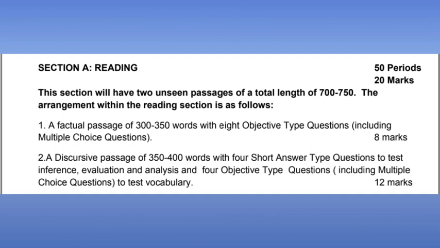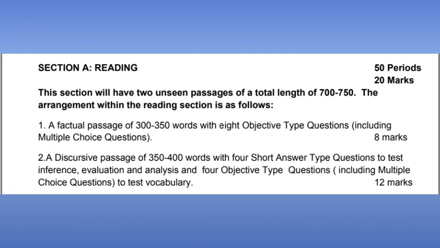In fact, for 8 marks you would be given 8 short questions, which will include MCQs as well, multiple choice questions. Then we will have comprehension number 2, that will be of 12 marks. In 12 marks, students are given 4 short questions of 2 marks each, and 4 very short questions which are vocabulary based questions, 1 mark each. And vocabulary based questions are given in MCQ type. So this is the description of the reading section, which is exactly the same for class 9th as well as class 10.